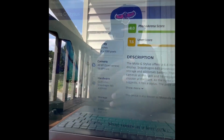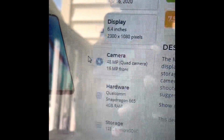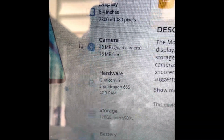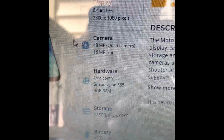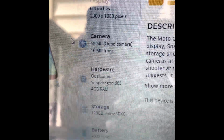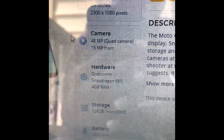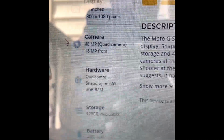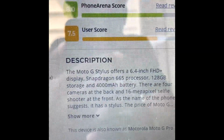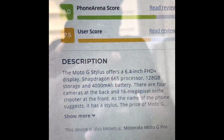Reviewed too many damn phones to remember exactly what they were. But as you can see right here, the phone was released April 16, 2020. It's got a 1080p screen, 48 megapixel quad camera, Snapdragon 665, 4 gigs of RAM. These were like some of the best budget mid-range specs you could get on a phone from any of the